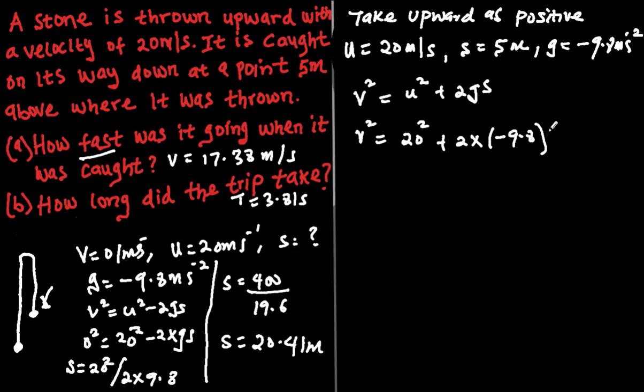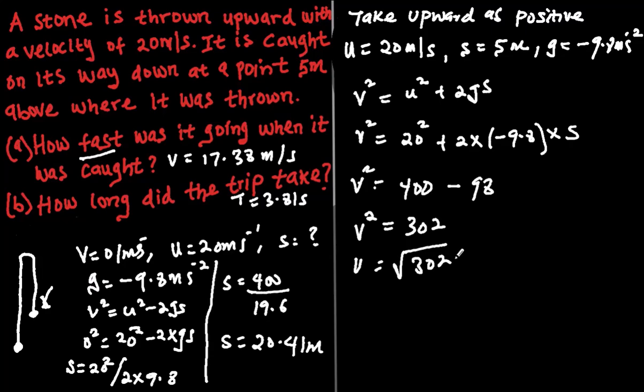Then multiply by displacement, which is 5. So we have V squared equal to 400, pardon me, we have 400 minus 2 times 9.8 times 5, that will give 98. So V squared now is going to equal 400 minus this, which is going to equal 302. So V is going to equal square root of 302. So square root of 302 will give us plus or minus, right,